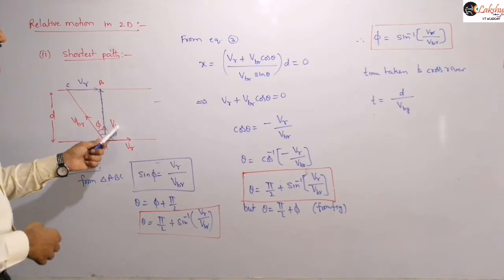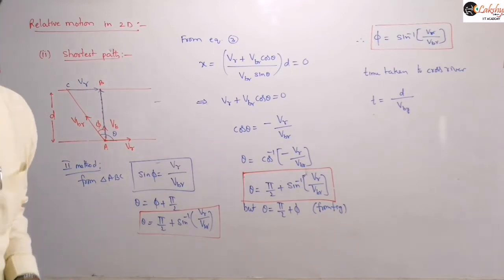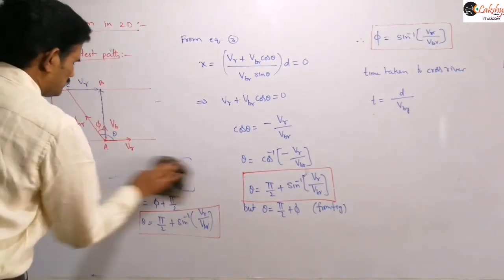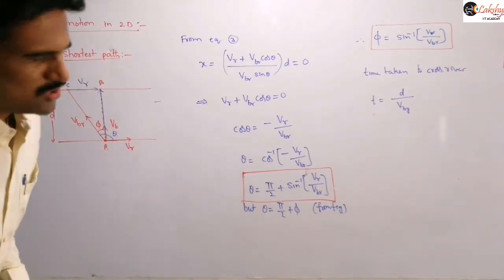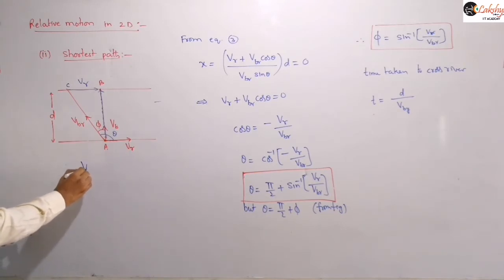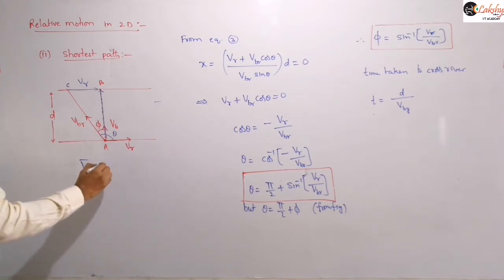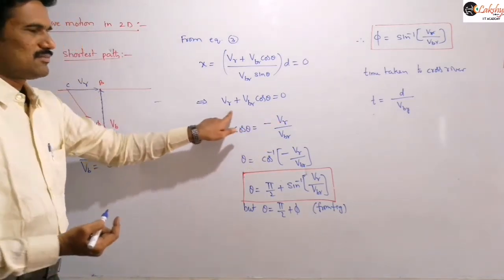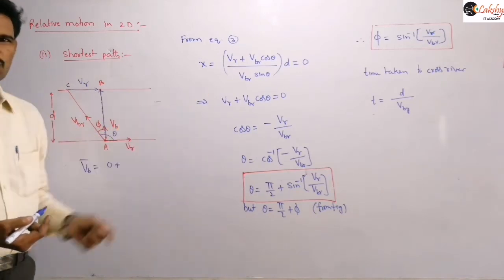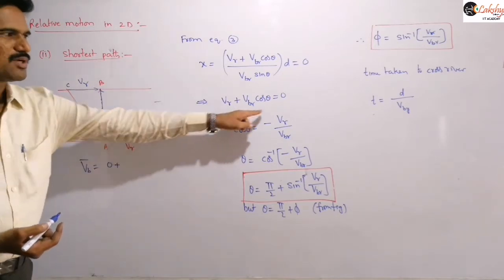If you express this VB as components, then you will get clarity. So I will express VB in component form. VB bar is equal to 0 plus something. You can observe that this is our x component. Even if you resolve this into components, you will get that conclusion only. The angle between VR and VBR is theta. So this is nothing but our x component.